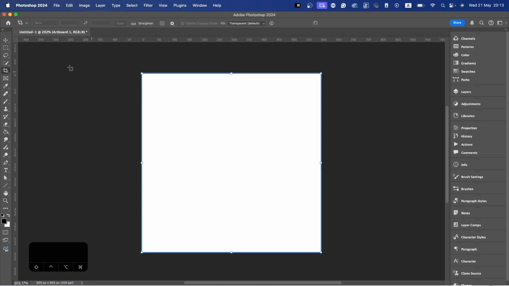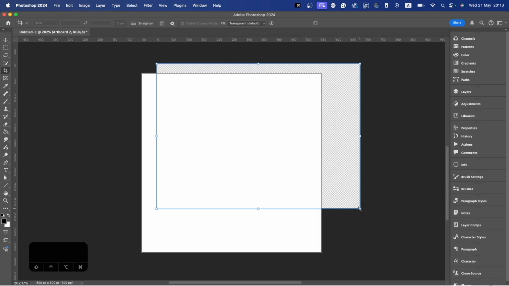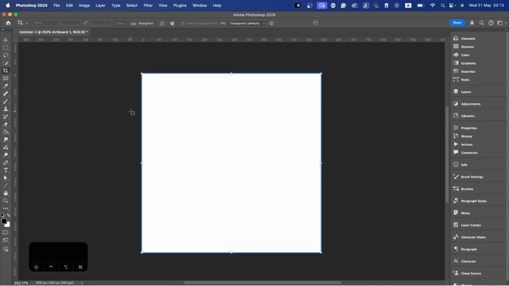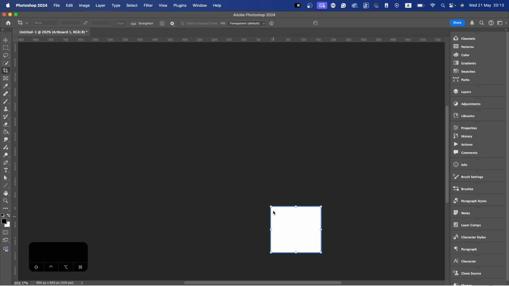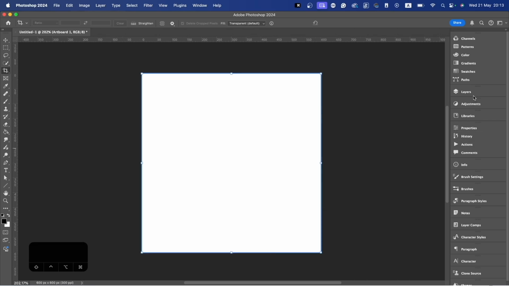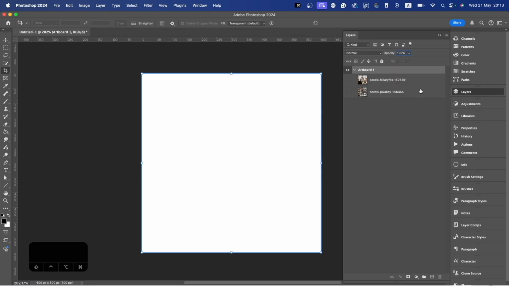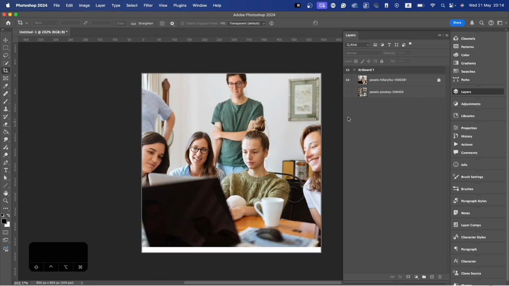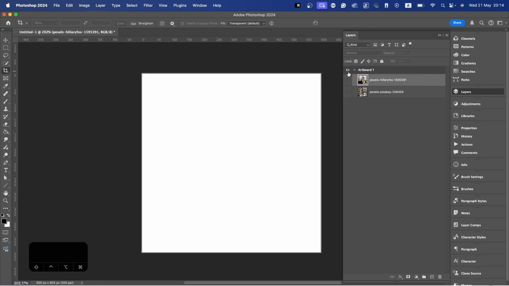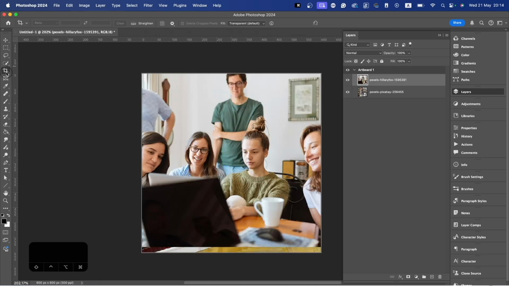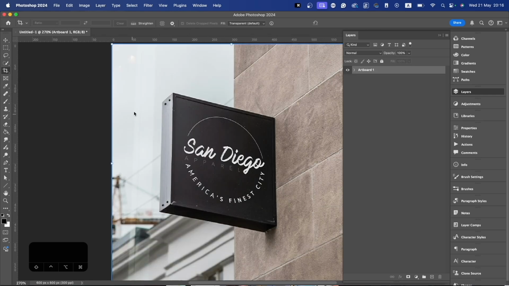Now, crop tool, as the name suggests, is just for cropping. Whether you have an empty file like this, you can simply click and drag to make another artboard on top of your file. Similarly, you can grab that artboard and just crop it into a smaller size. And if you already have an image, I'm going to go to my layers. I have two pulled in already. I can use my crop tool to only grab a certain part of that image. So it's a fairly simple thing to use. When you long click on your crop tool, you do see some other stuff. So I have this image right here, and it does have a shape that can be cropped out using the